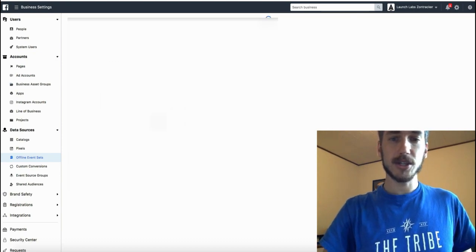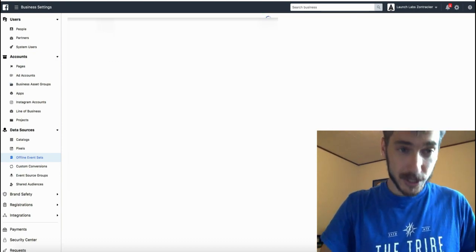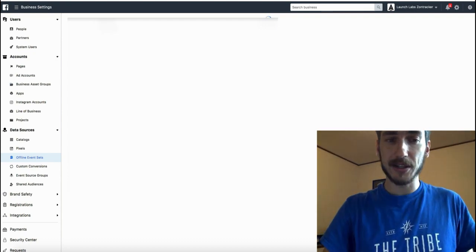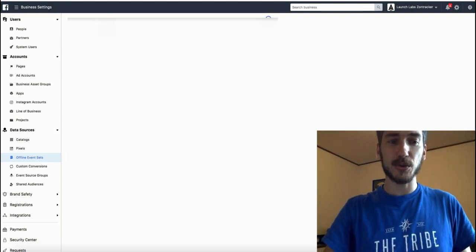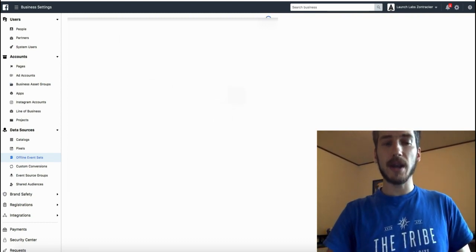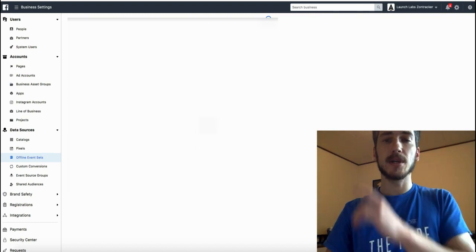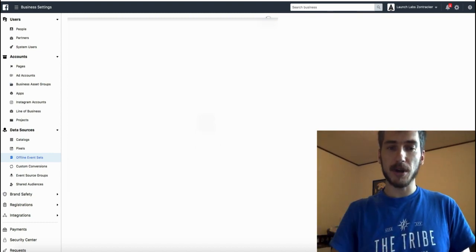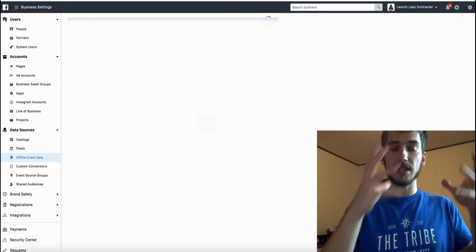This page sometimes takes a while to load, but it's going to be a button where you say add data source, create offline event set, and then you just name it whatever you want, Amazon Purchase Pixel, and you create the offline event set. You have to accept all kinds of Facebook privacy policy because you're sending in data from somewhere